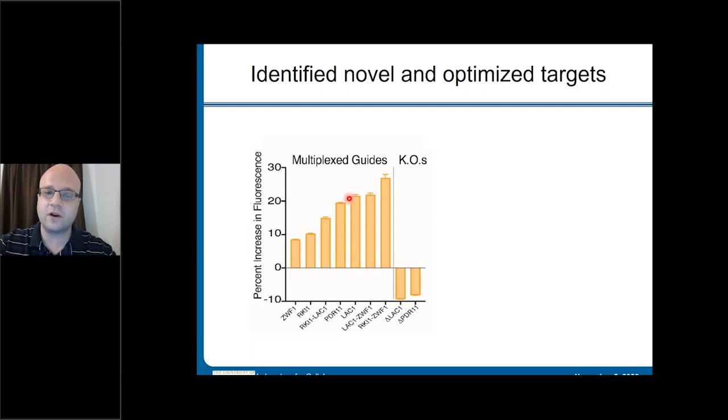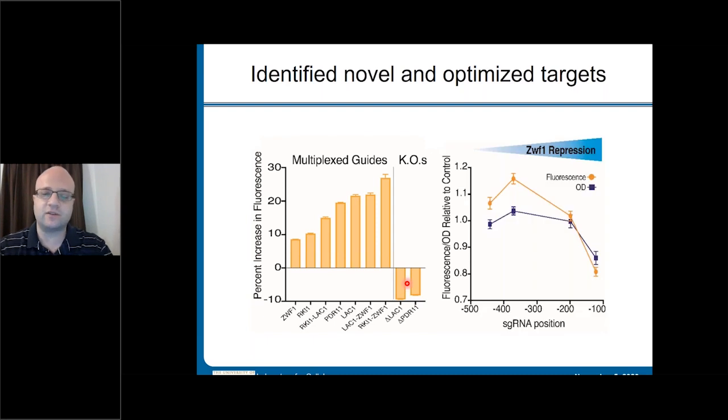These are important targets when they're, in this case, knocked down in expression, but a complete knockout removes that activity. So again, intermediate expression is critical in this type of approach. And we see that also with this target, as WIF1 is one that we went into a little